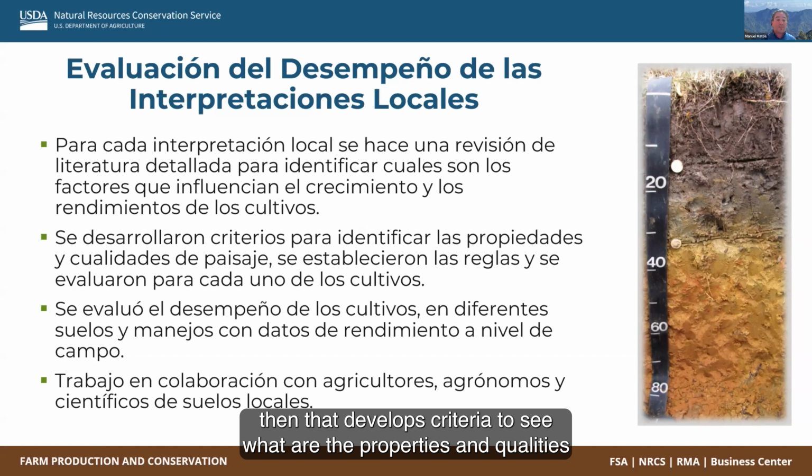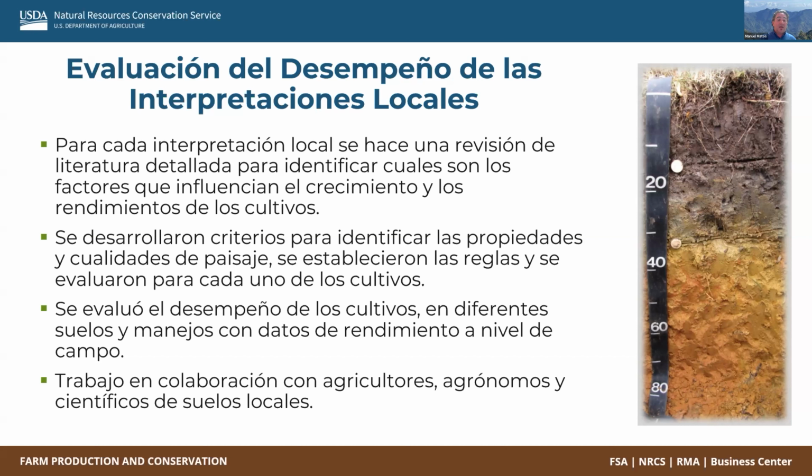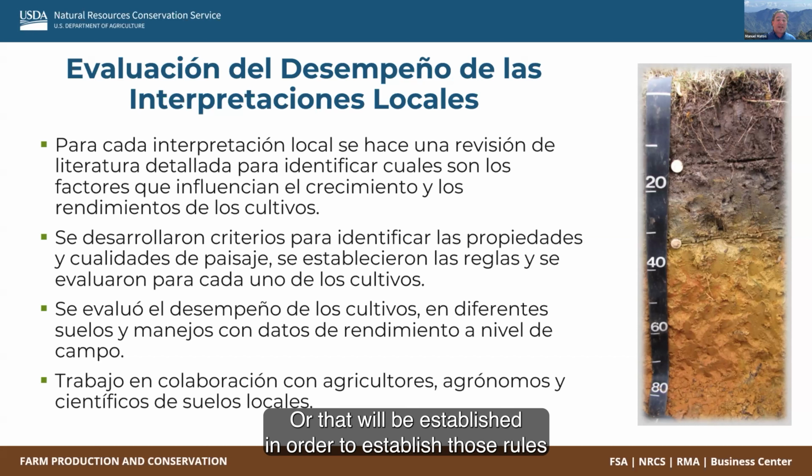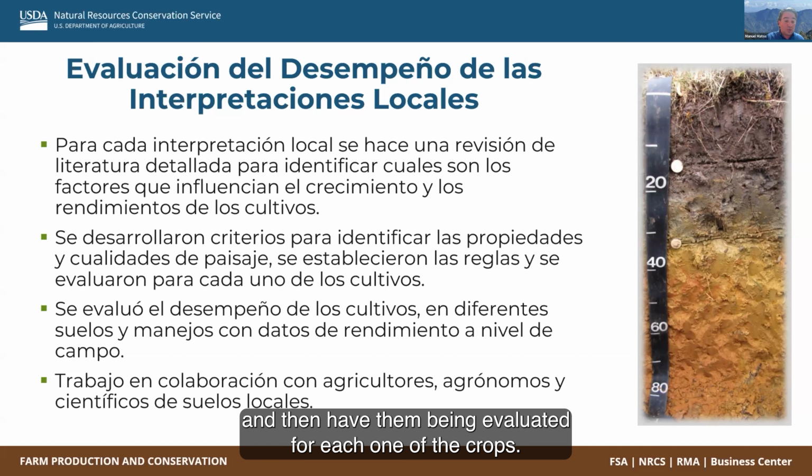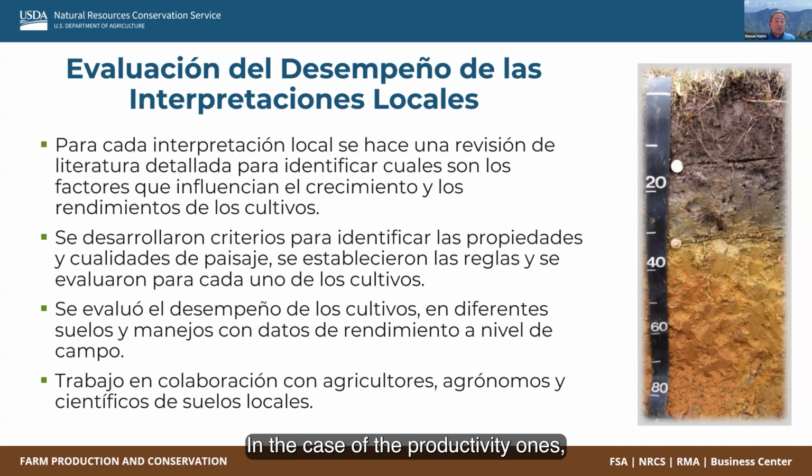Then that develops criteria to see what properties and qualities will be established in order to establish those rules and then have them evaluated for each one of the crops. In the case of the productivity ones,